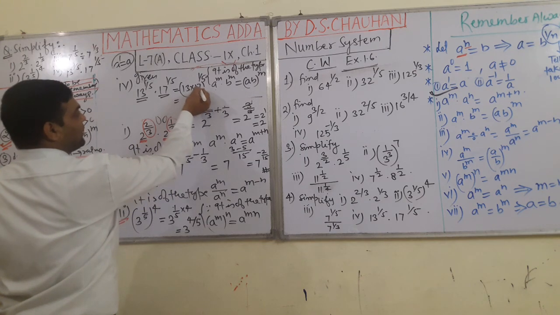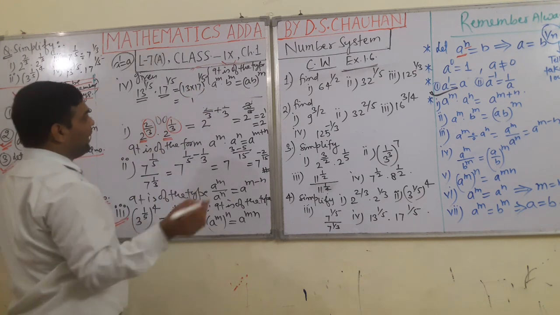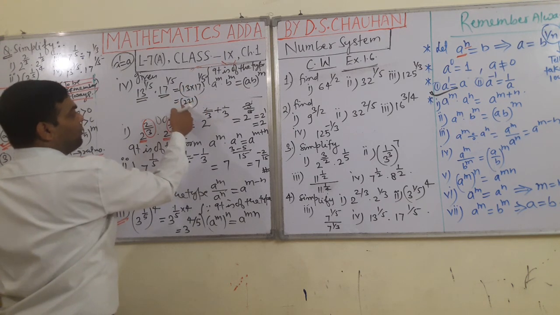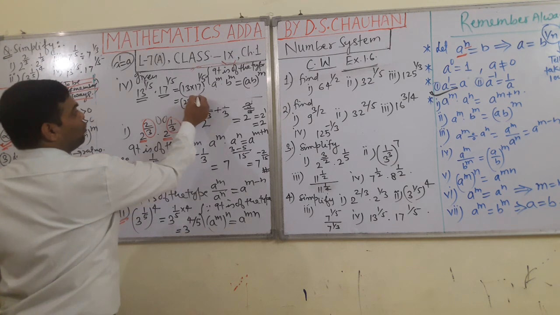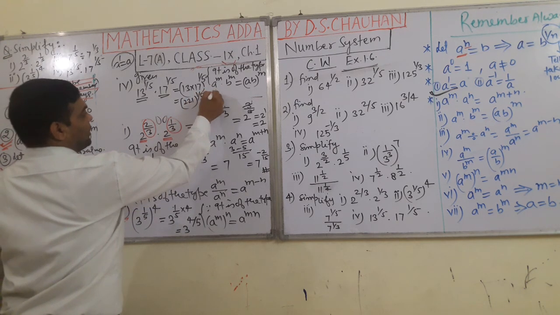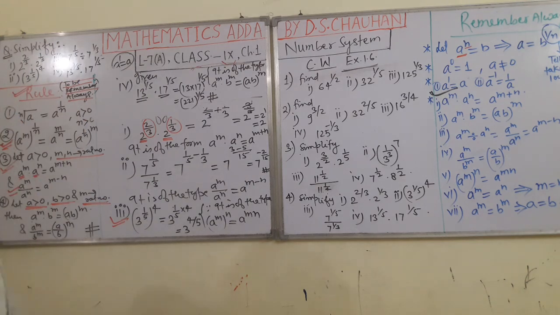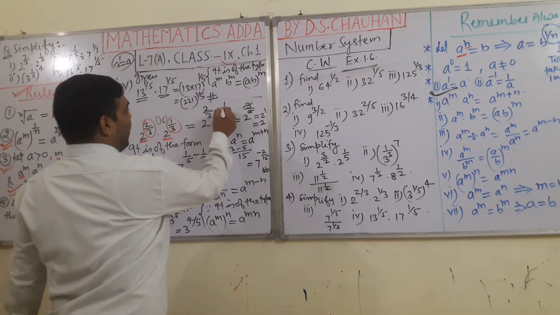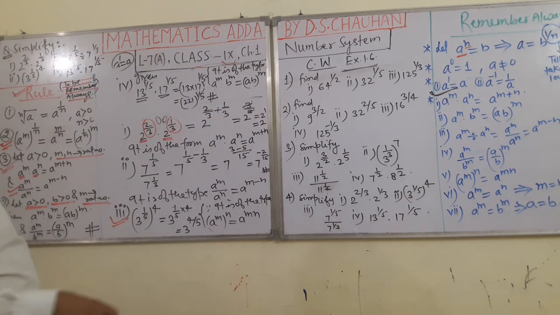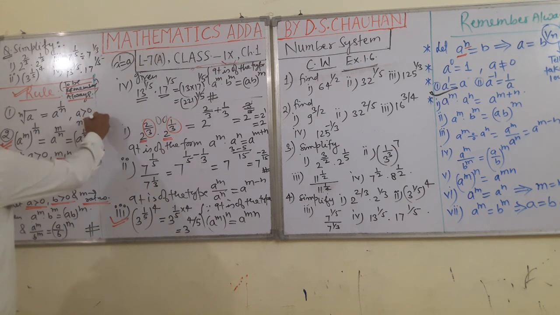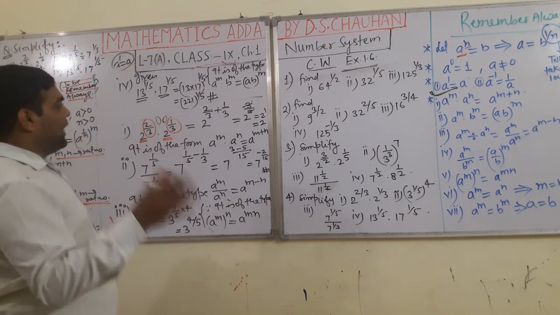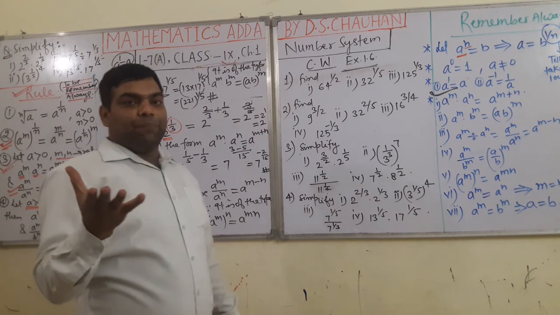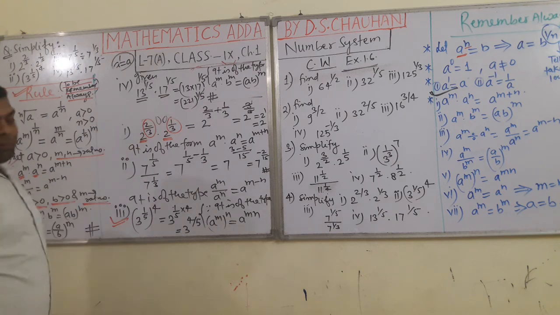Multiply 13 into 17: 17 times 3 is 51, carry over 5, 17 times 1 is 17, 17 plus 5 will be 22. So it would be 221 to the power 1 by 5. Stop at this place. Students, whenever you are going to solve this type of problem, always identify which type of problem is given. As you will be able to identify the type easily, you can use the formula and solve the problems.